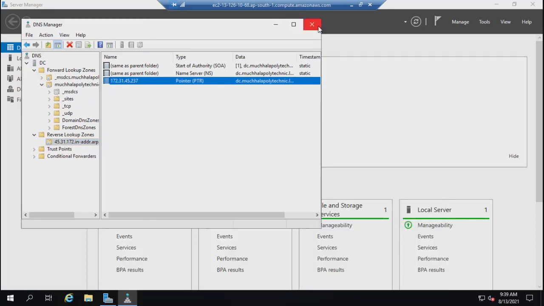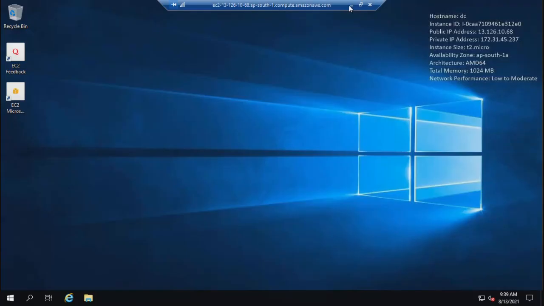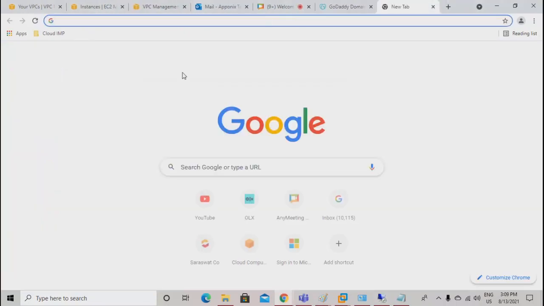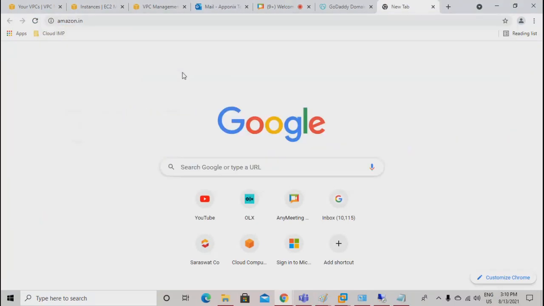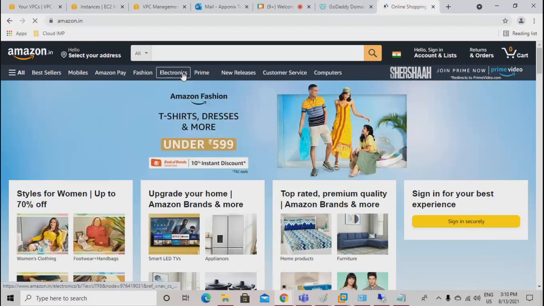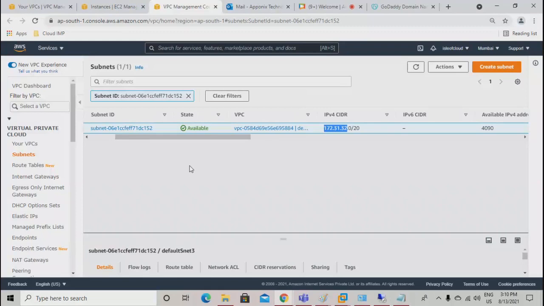Now why is this required? Now whenever you surf any website, Amazon.in, you should get connected to that website, correct? Now to connect to this website, if you don't have a DNS server which is maintaining that entry of the forward lookup zone, Amazon.in to IP, and we can do the reverse IP to Amazon.in, you will never be able to connect to a website. That is the importance of DNS.